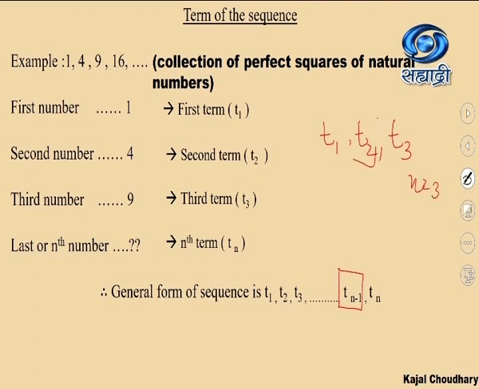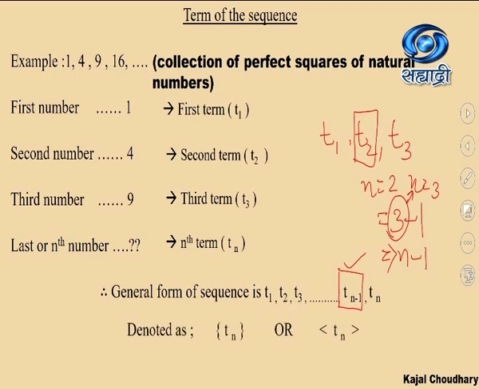And in the second last term, n is equal to 2, which can again be written as 3 minus 1. And what was 3? 3 was n. So it can be written as n minus 1. And hence, we can always write the second last term in the sequence as Tn minus 1.